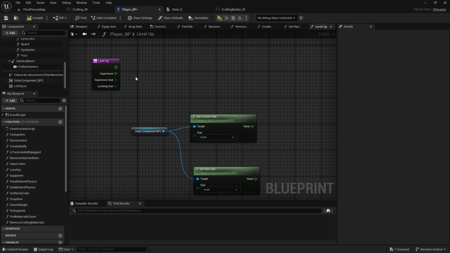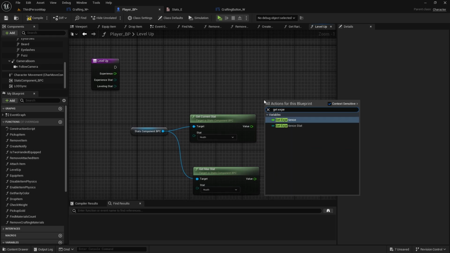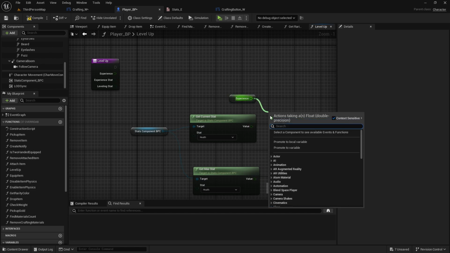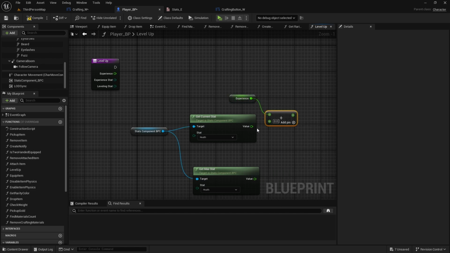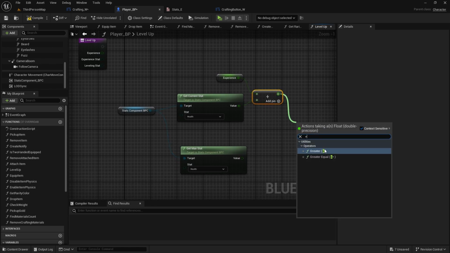So we're going to get this experience as a variable, just type it here, get experience, and we will check this experience plus the current stat, if it's greater than the max stat,